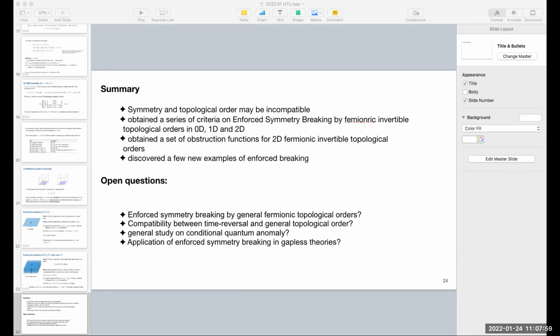I see. Yeah, it's different ways of enriching a trivial topological phase in your language. Yeah, different ways. But you may also have an incompatible case, because some symmetry protected topological phases are incompatible with an additional symmetry you are considering. So that's what you would call enforced breaking by some symmetry protected topological phase, not this topological order. You already have some symmetry to start with, and there are some compatible and incompatible cases.